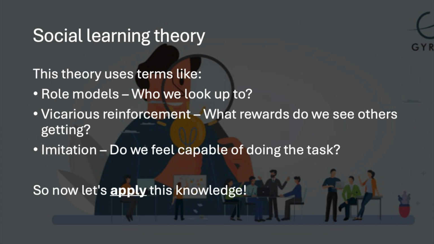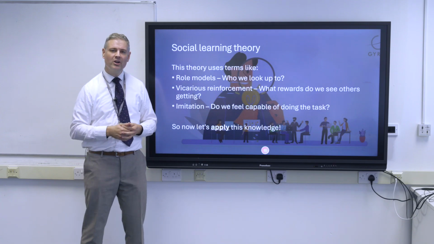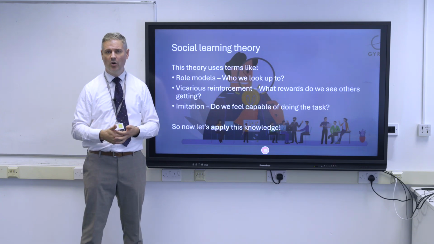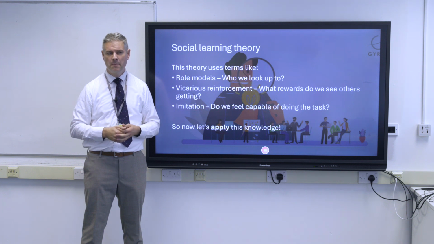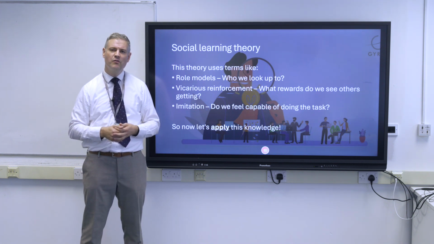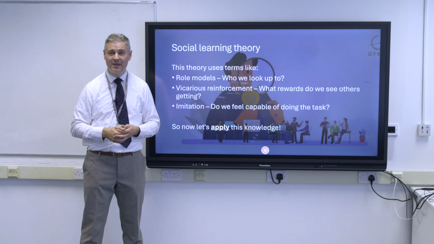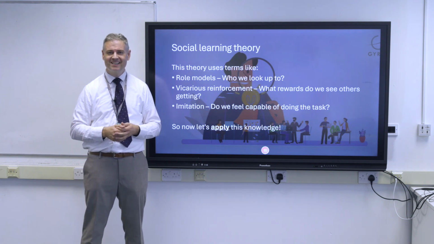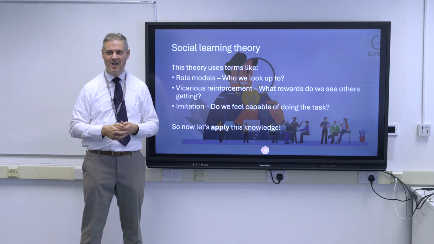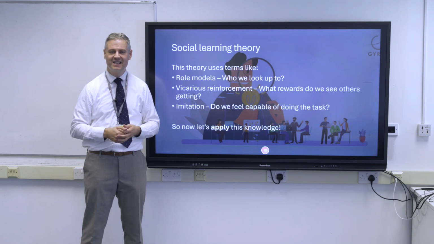The second one is a little bit different, vicarious reinforcement. It's probably one you're not as familiar with because it is quite a long-winded term. But actually what it means is being rewarded for the behaviour that you do. And we see this all the time, and if you reflect on when you were at primary school, you probably had quite a lot of this. You probably had star charts, or you had rainbows and sunbeams and various things that you were given if you were good or behaved well.